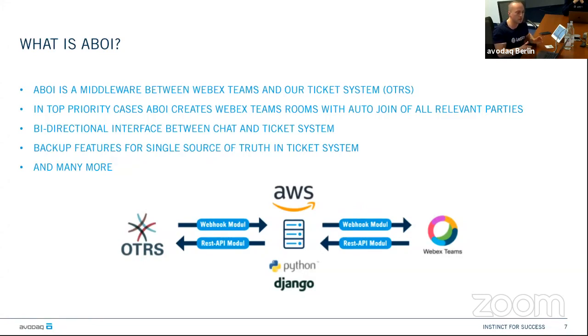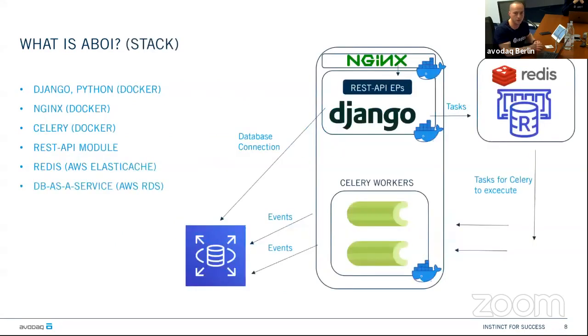Of course, you know there are solutions out there where you can easily register a webhook, the room gets created, the message gets promoted. But what we actually wanted to achieve was bi-directional exchange. So we want to have a single source of truth. The single source of truth should always be the ticket system, but we want to have functionality in the chat room so that we can work together and write back to the ticket system. And you see a high-level overview of what kind of technologies are involved. I show you on the next slide.